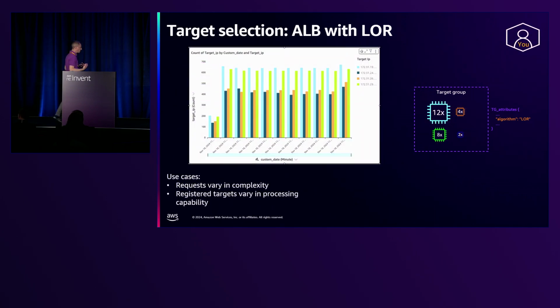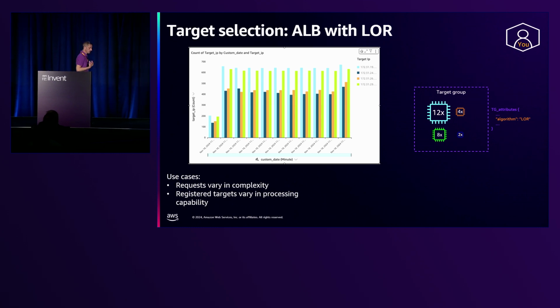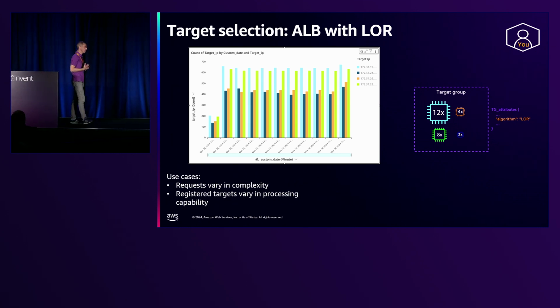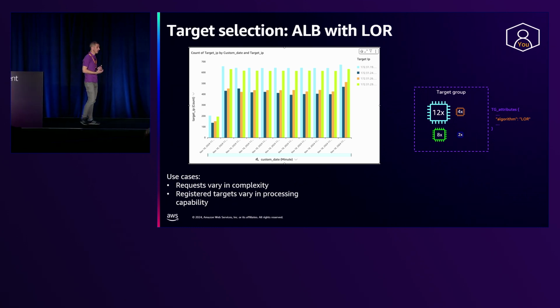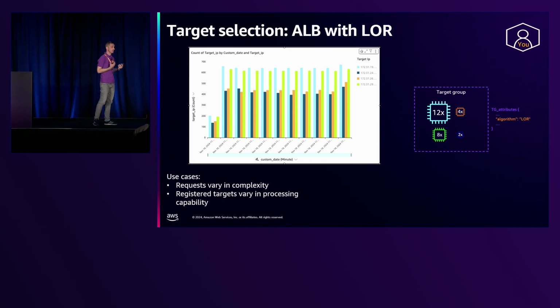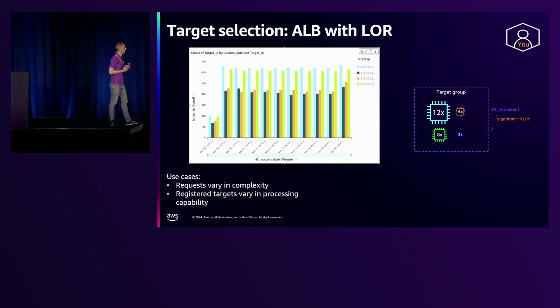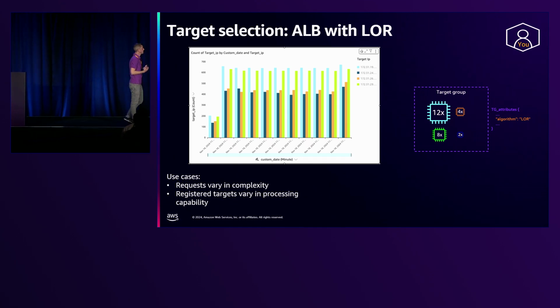In terms of traffic distribution, this means that least outstanding requests is a very good choice when customers have instances of different EC2 sizes in the target group. In that case, least outstanding requests will be able to prioritize those targets with more capability. More capability means also that targets are able to